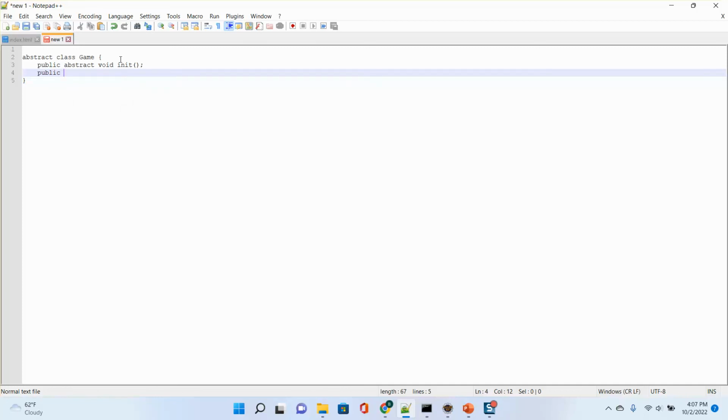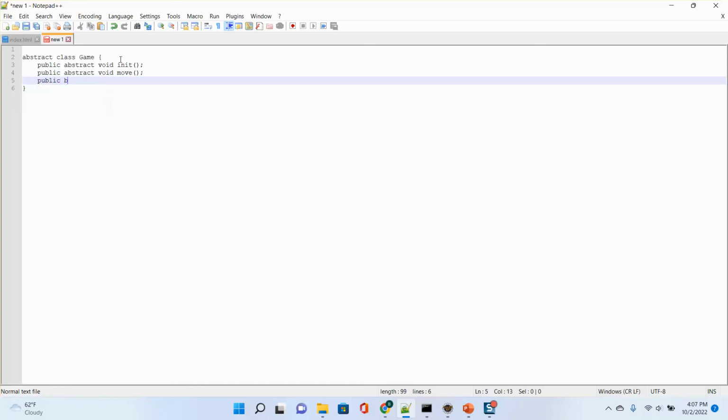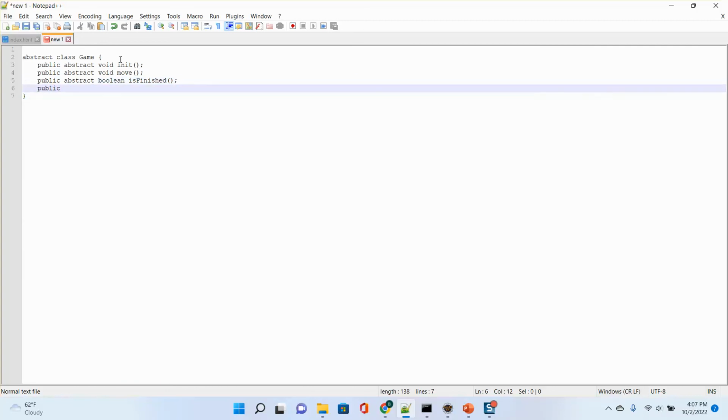In the abstract class you can also define concrete methods. For example, you can say make a move. Okay, let's just say abstract void move, which moves one step, and then you can make an abstract boolean isFinished, to tell if it is finished, and then you can have a method called